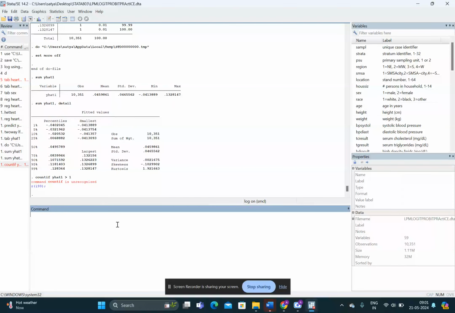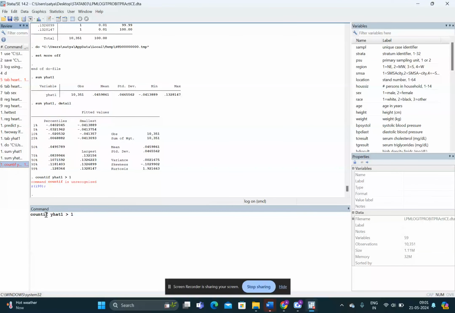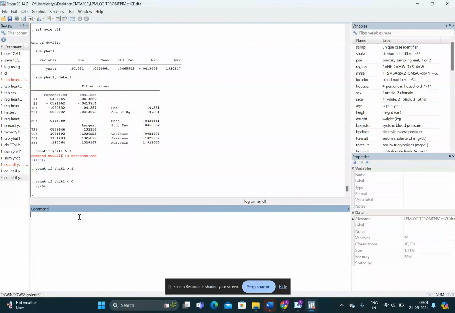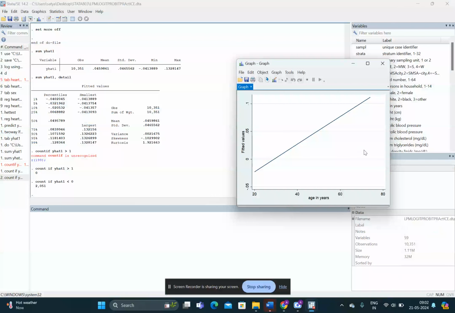Oh no, what is happening? Wait. Okay. Sorry. Count if there is a gap. Okay. Now let's see less than 0. So there are many numbers less than 0, but not many greater than 1. Also, we can see that in the graph. That greater than 1, there aren't many numbers. I think the line is just going that way, but there aren't many numbers greater than 1. But less than 0, we have a lot of numbers.